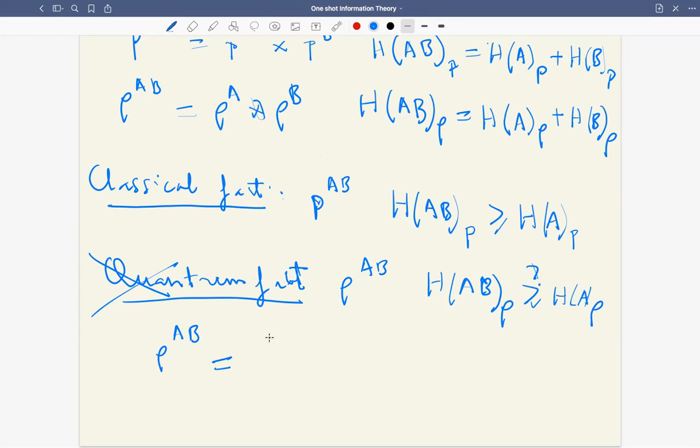So let's first see the example. I'm telling you that here is a pure state. It's our famous EPR state. So it's a pure state. Of course, if you're thinking of the density matrix, you take the bra of it also, get the bra. Okay. Now, because this is a pure state, we know that the entropy